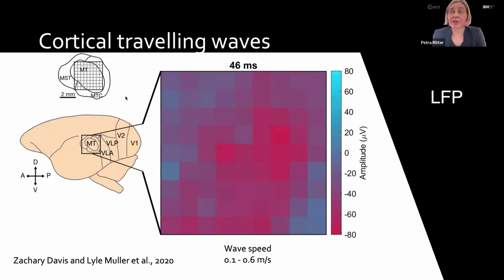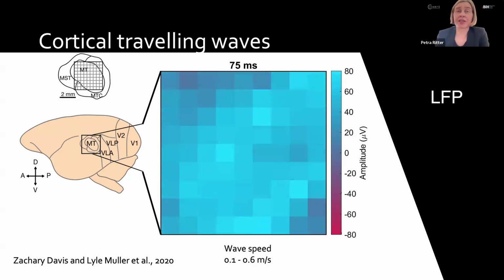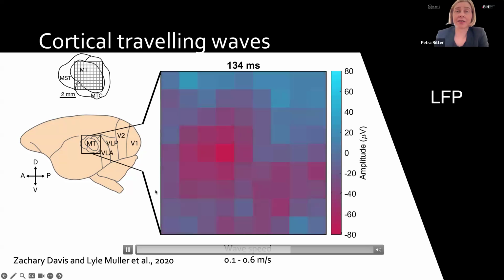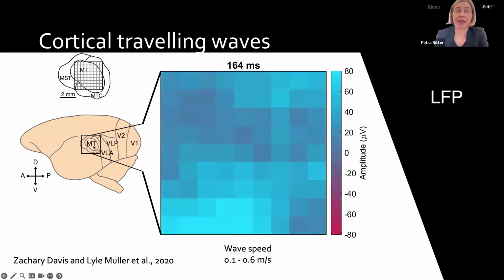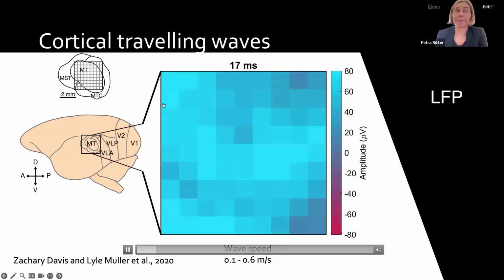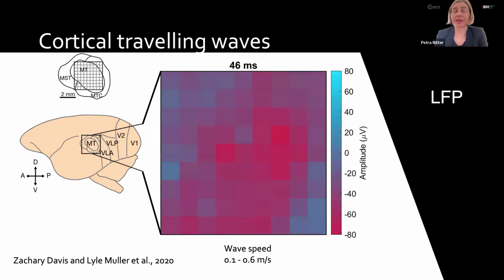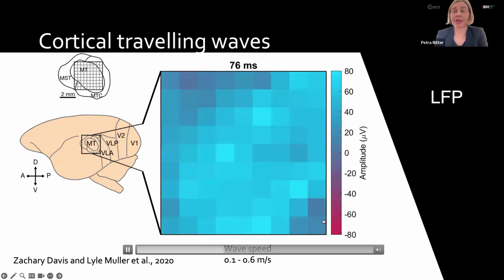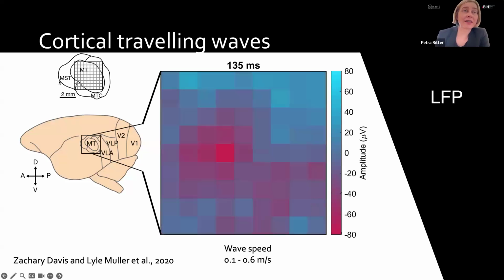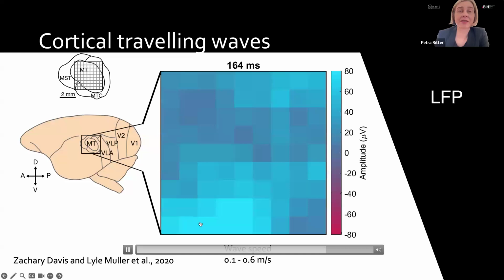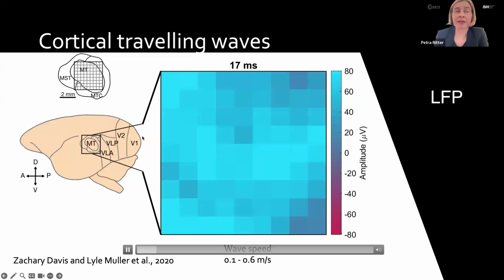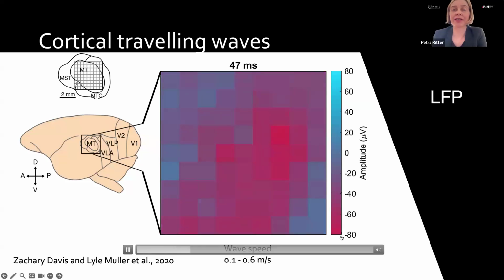This is just another example of a traveling wave, local field potentials in marmoset monkeys. This is area MT. This is an enlarged view of this area MT. And here you see also such a traveling wave that is traveling from the left upper corner to the right lower corner. And the edge length, as you can see here, is only 2 millimeters. So this is really a micro array recording, a very small area in the brain.